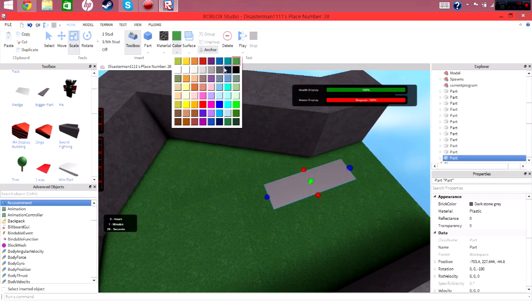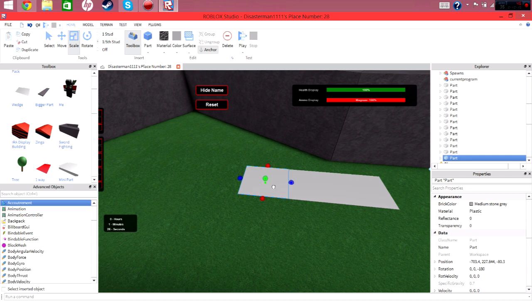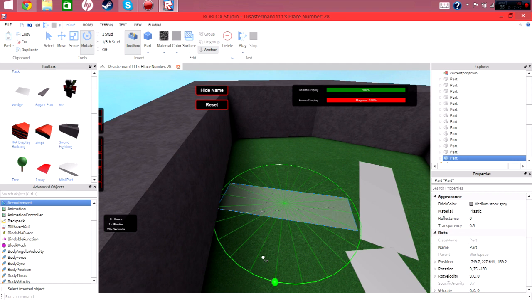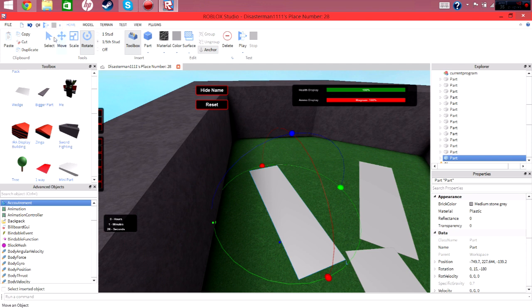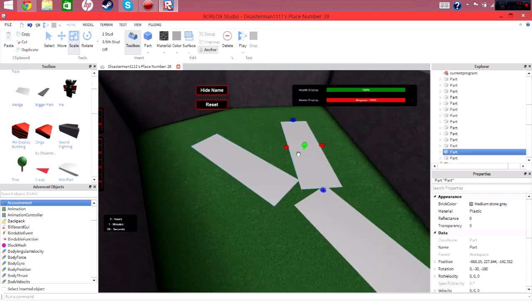And the path is gonna be colored a little lighter like that, so it looks like an actual sidewalk. What I'm going to do is make it divide into a couple different ways. Like that. And I'm going to copy this and turn it this way. We could go like this. And what I'm going to do now is copy this,